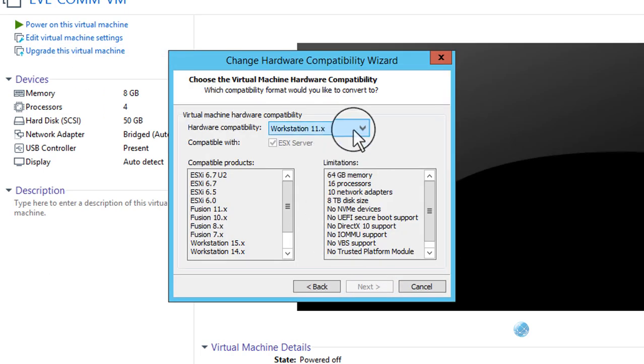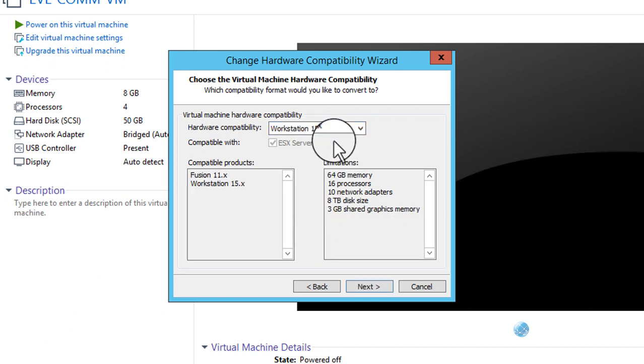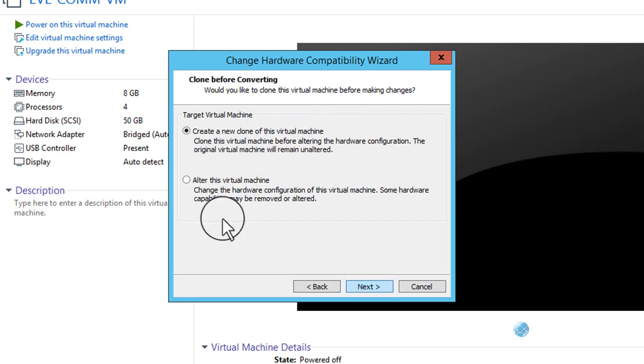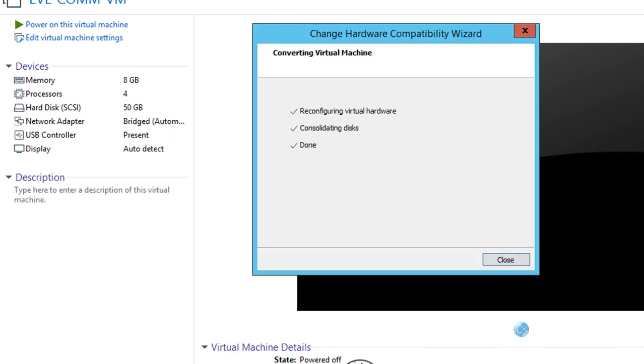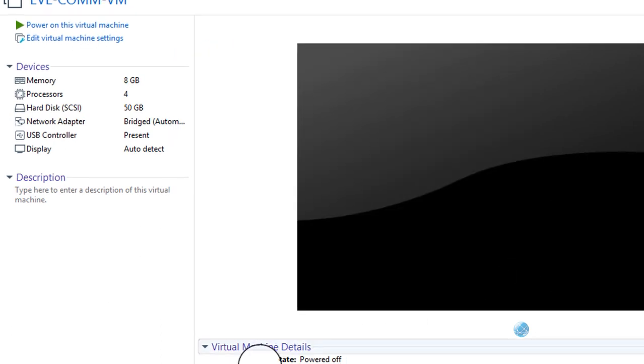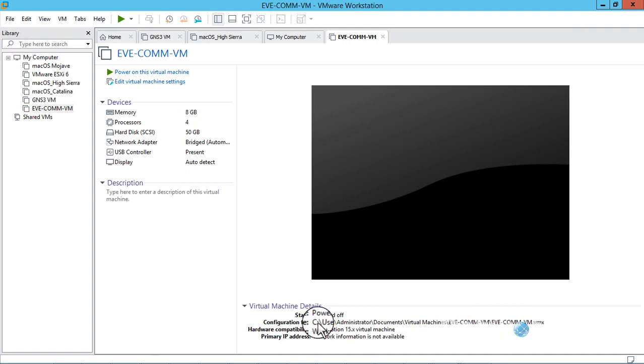From here select VM Workstation 15.x or whichever version you have. Just click on next and you have to select alter this virtual machine. Click next and finish. As you can see, your virtual machine from 11 to 15 is upgraded successfully. You can see hardware compatibility Workstation 15.x virtual machine. So this is also done.